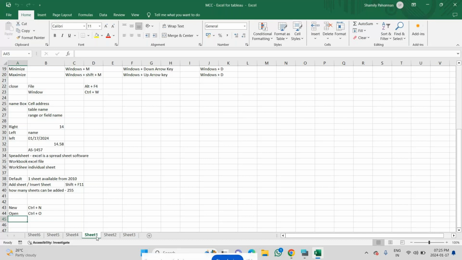Okay. At present I'm renaming this as Info, or we will give it as Introduction. I'm just renaming this as Intro. Now, I'm going to save not only this but the entire Excel file. That means MCC Excel for Tableau. This file I have to protect with a password. So we'll go here, File,